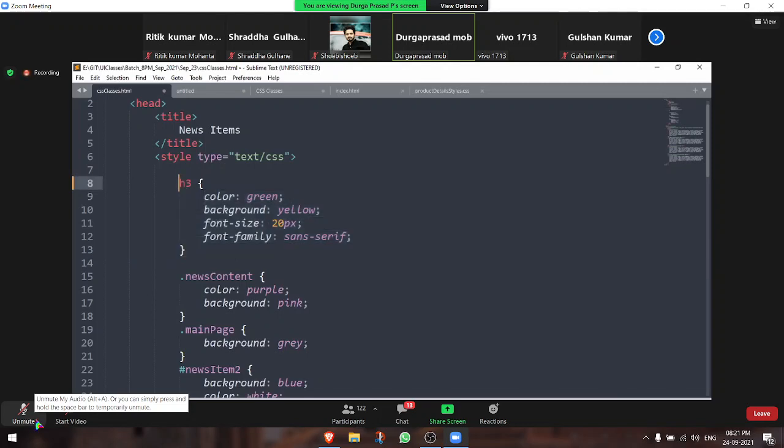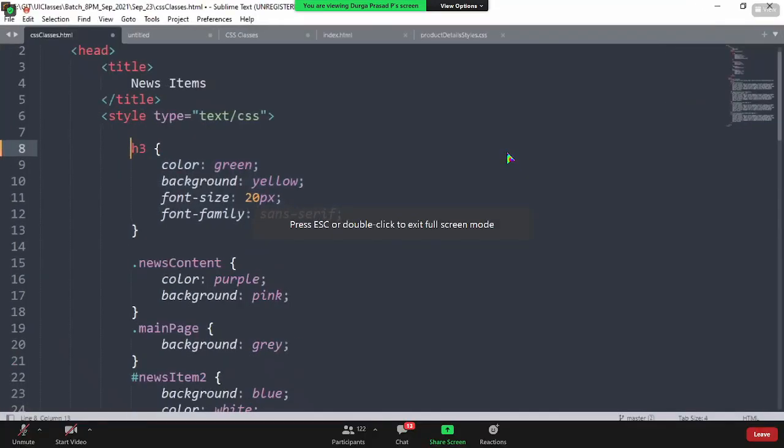Earlier, we used the dot operator to mention a class, and the hash operator to mention an ID-based selector. But if it is tag-based, we don't need to mention any operator. Simply H3, whatever it is.